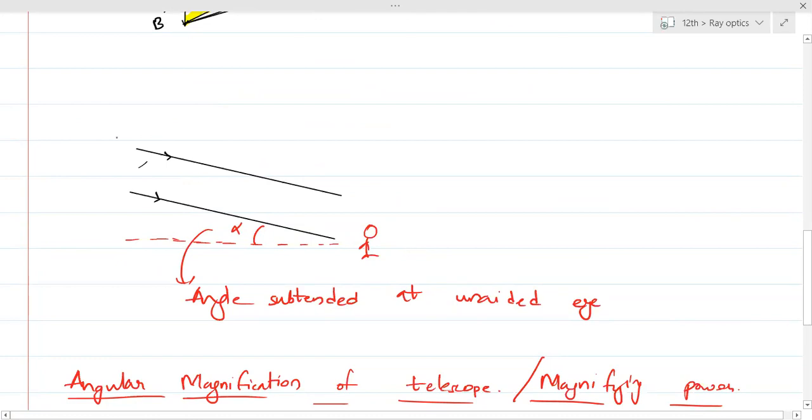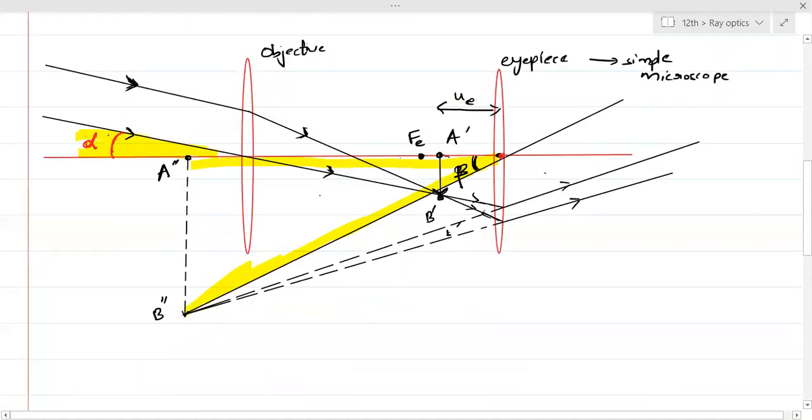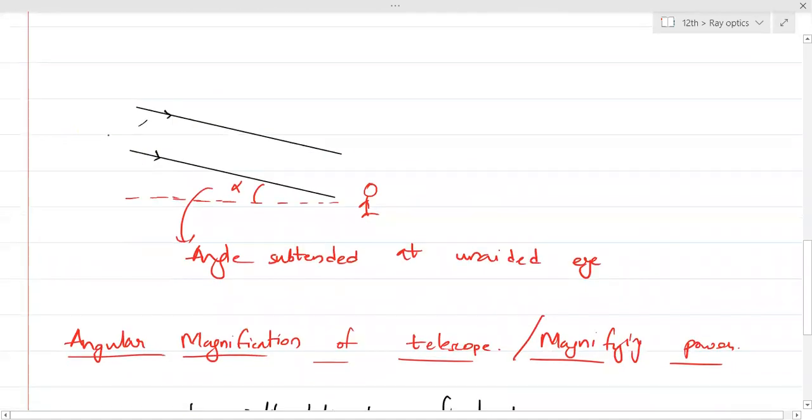Alpha होगा ना, there is no lens. Lens नहीं है तो why will the direction change? Direction doesn't change, right? यहाँ पे देखो direction is changing in this case. That's why you get beta. यहाँ पे if there is no lens, no telescope, why will the direction of the rays change? If they do not change, then the angle subtended will be alpha itself.